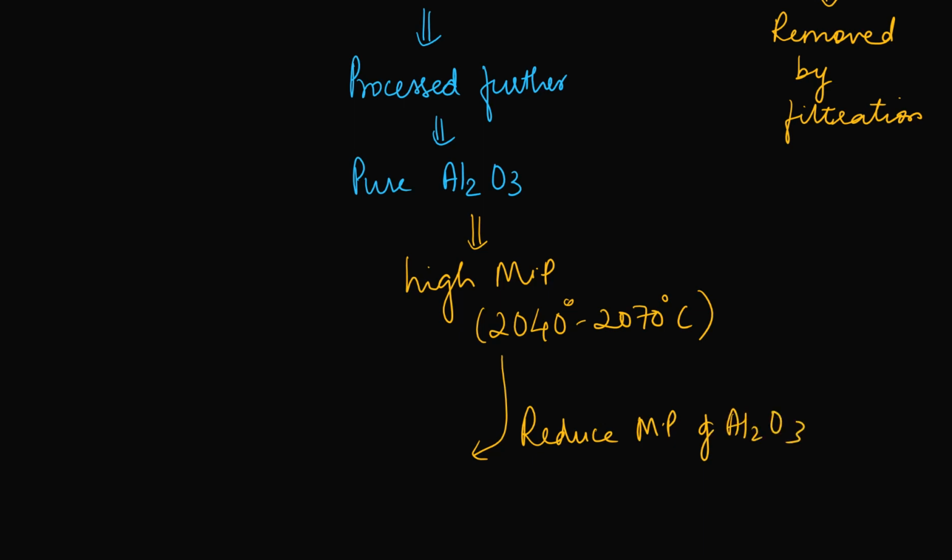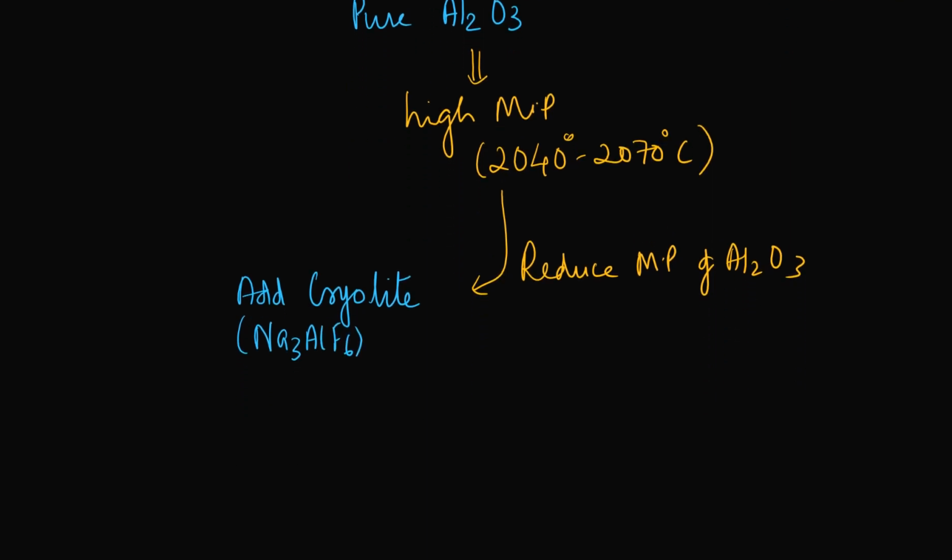So how do we do that? We do that by adding cryolite. So we add cryolite. Okay, and what happens when we add cryolite? There are two things that are going to happen when we add cryolite, and cryolite is Na3AlF6. So the two things that are going to happen are, first is the melting point obviously will reduce